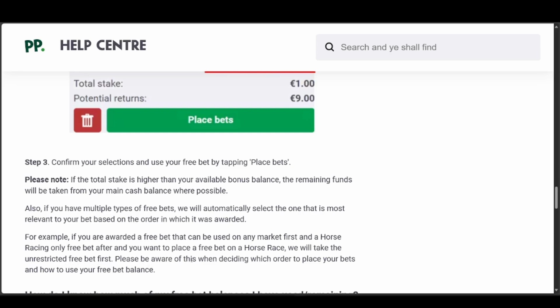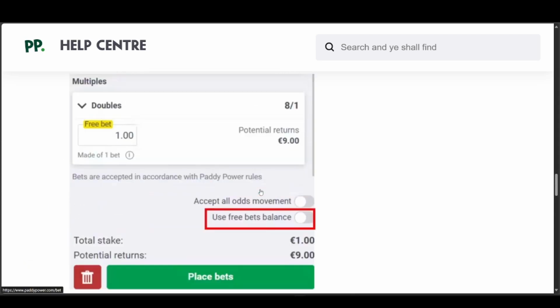So you gotta be aware of this when deciding which order to place your bets and how to use your free bet balance. But anyways, that's pretty much how you use your free bet